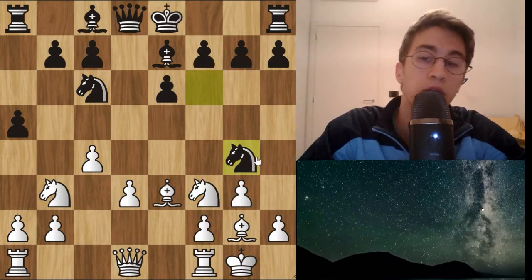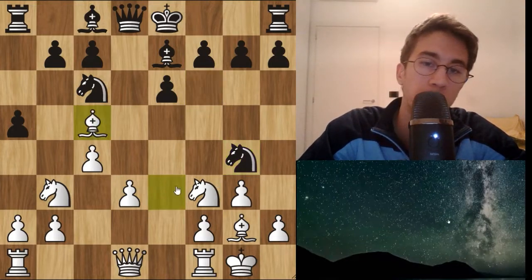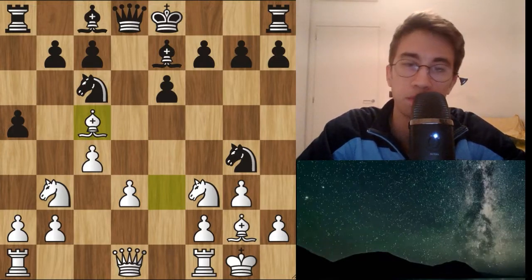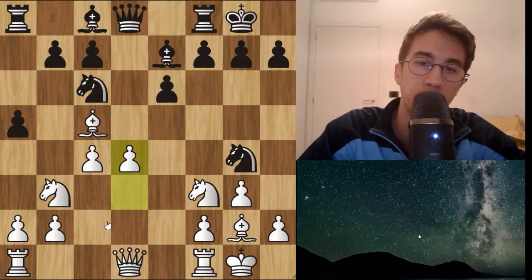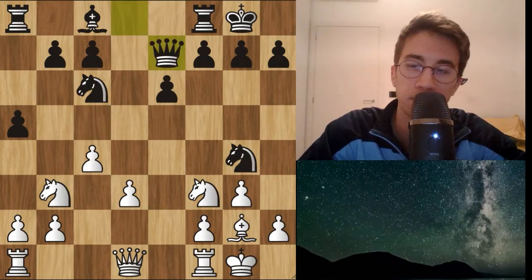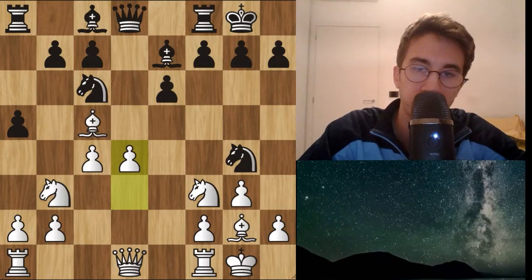already castled. With this move, Carlsen attacks the bishop of Nepo. Nepo plays bishop c5. He doesn't want to trade the bishop for the knight, he wants to trade the bishop for the bishop. Here Carlsen castles, and here Nepo plays d4. You don't play this because here the queen develops and there's no problem. So d4 by Nepo and